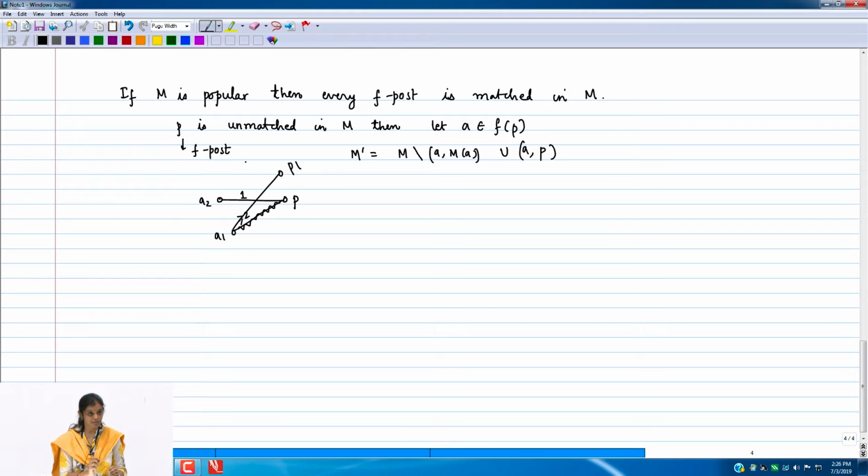That must be matched to somebody. That may be matched to A3. But we don't care, because as long as we have got a handle of 2 people, that is A1 and A2, both whom we can promote. So we will now promote A1 to P1. First, actually we should say it the other way: we will demote A3, that is we will delete this edge A3 P1 from the matching. We will demote A3, then P1 becomes free, then A1 will get promoted to P1. Now P becomes free, therefore A2 will get